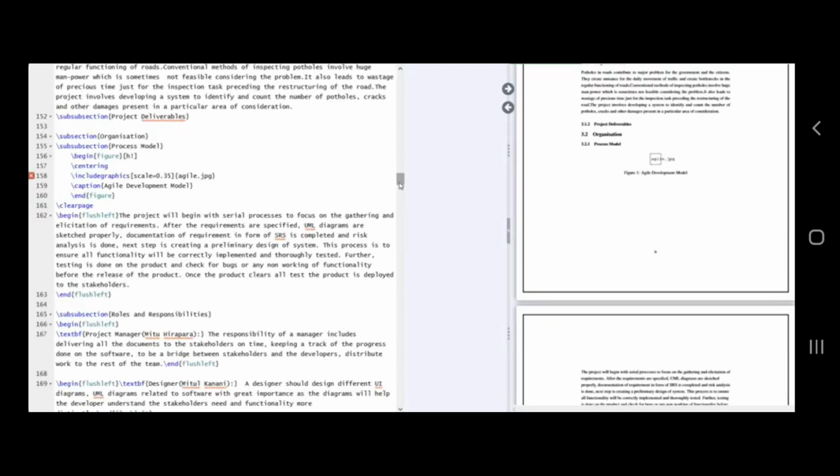You don't have to make the index of the document. The moment you add this, it is added into the index. So I have explained clearly how to add the figure and caption, and how the figure number and the page number get added into your list of figures. It is quite simple.